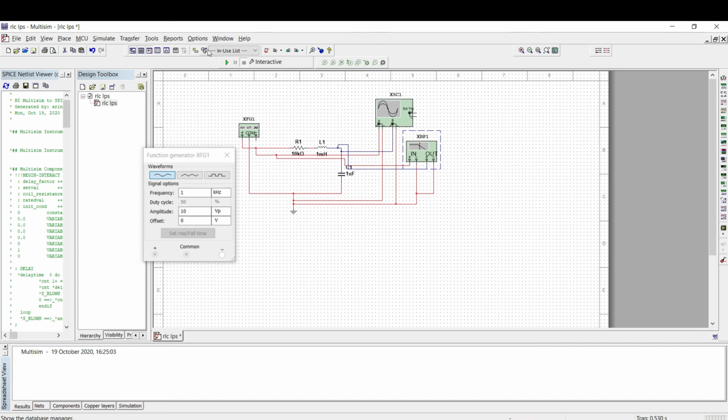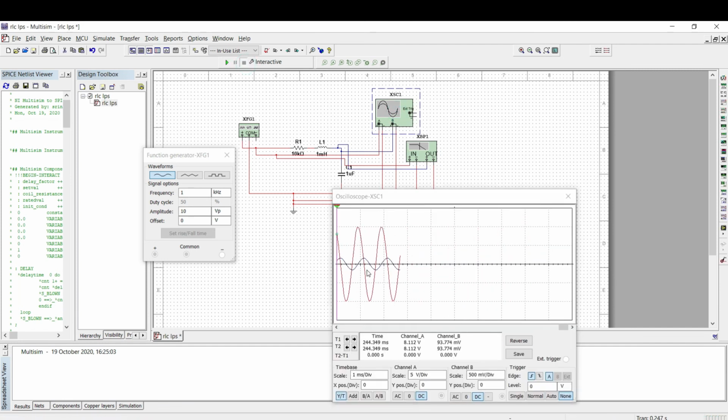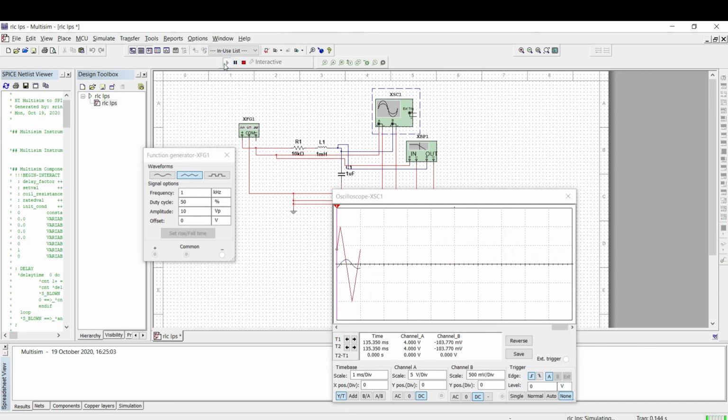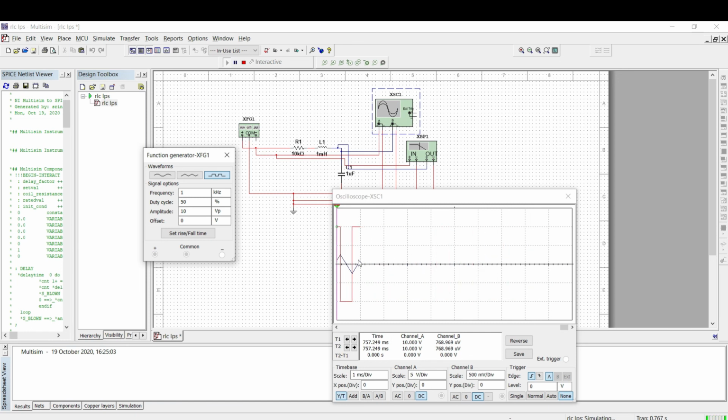So now we'll see how it acts as a low pass filter, and whether it is working as an integrator. You can notice here where my sine wave is starting. Let's try for the sine wave. You can clearly notice that the input I am giving is a triangular pulse, and my output is a sine wave. When I change the input to a square pulse, the integration of a square pulse is a triangular pulse.